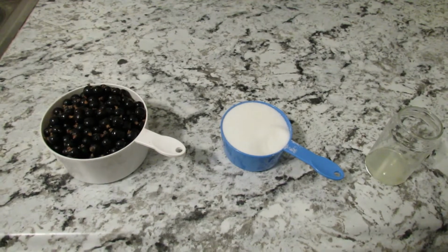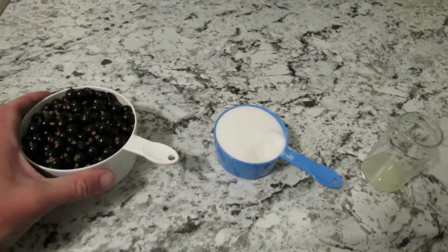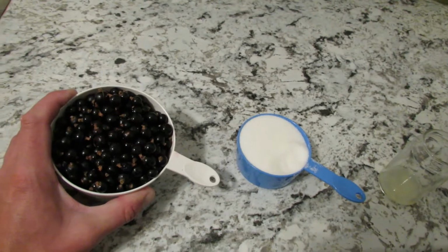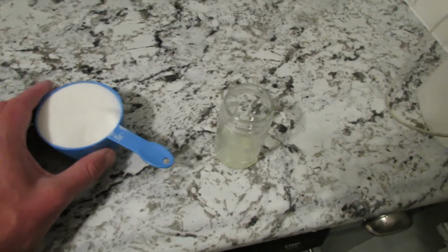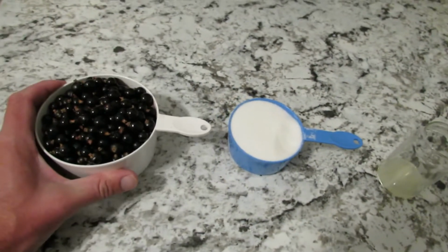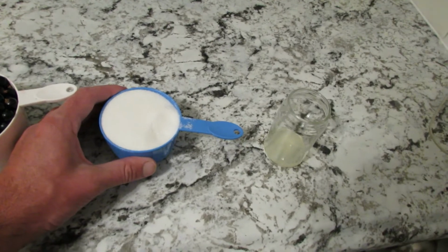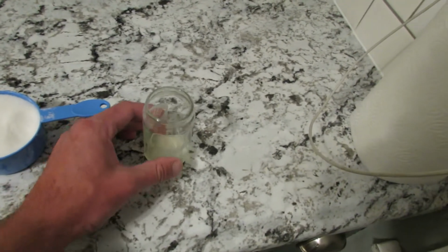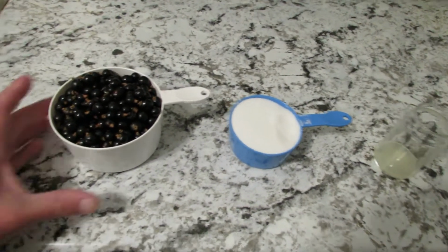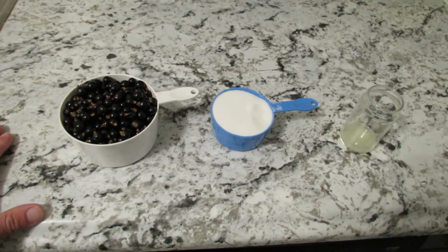So I just got a random recipe online, and basically it called for 3 ingredients. I have about 2 cups of currants here, which I still need to fully de-stem and wash, I guess. These are just picked from the backyard. 3/4 of a cup of sugar, and then 1 tablespoon of lemon juice. So once again, 2 cups of backyard collected black currants, 3/4 of a cup of sugar, and a single tablespoon of lemon juice. And what I'm going to do next is, after I clean and process these berries, add them all to a pot and